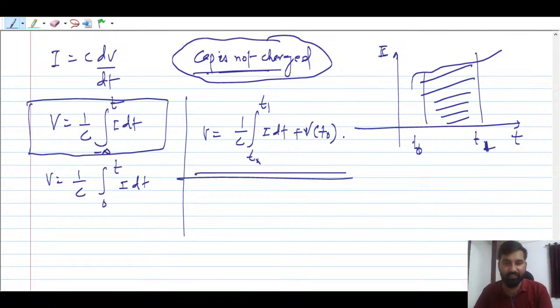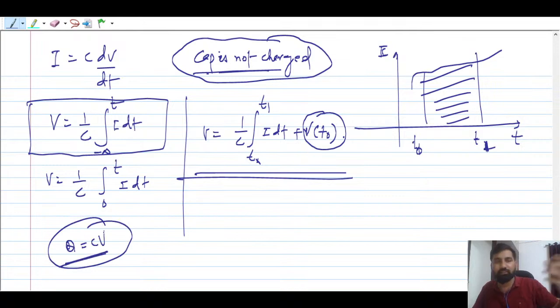So ये याद रखना कि when there is an initial voltage, you have to add it here, right? Initial voltage, or you can say initial charge is present. So Q equal to CV, you know, right? So from initial charge, you can find the initial voltage as well. Sometimes what they do is they might specify the initial charge, okay? ये सारी चीजें आपको पता होना चाहिए, ठीक है? तो